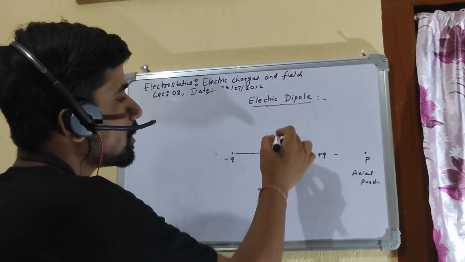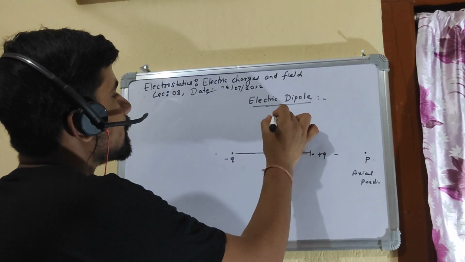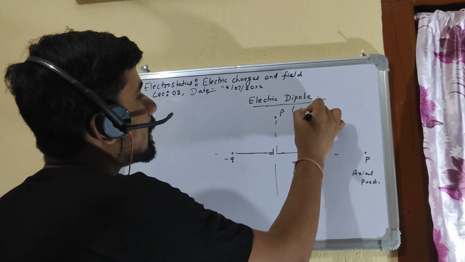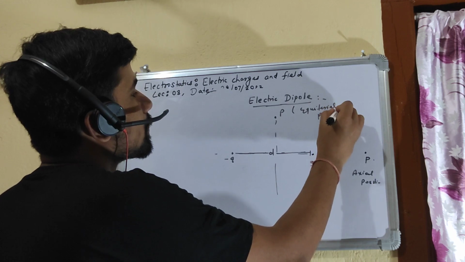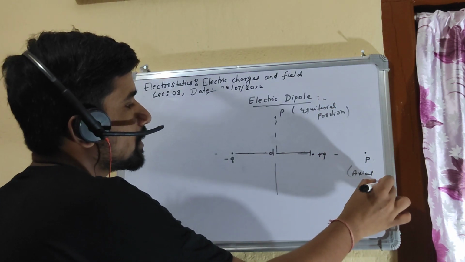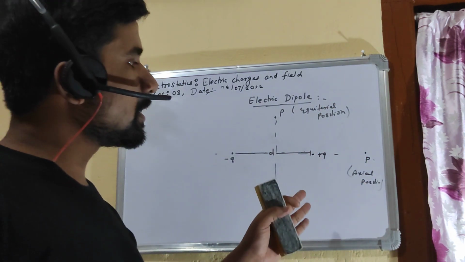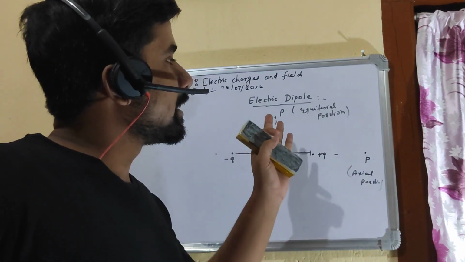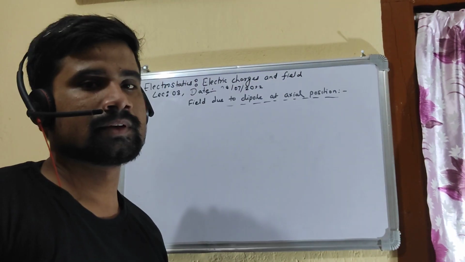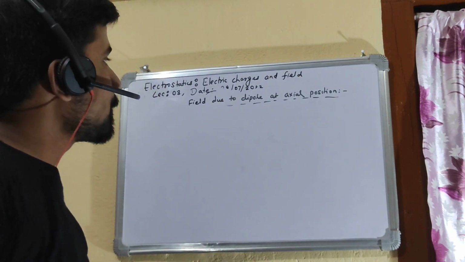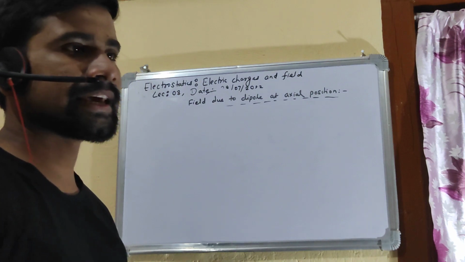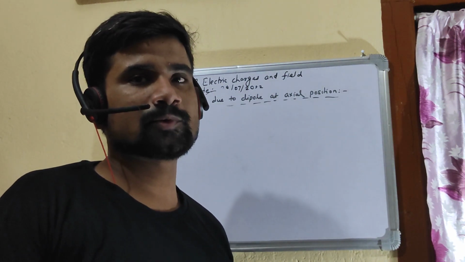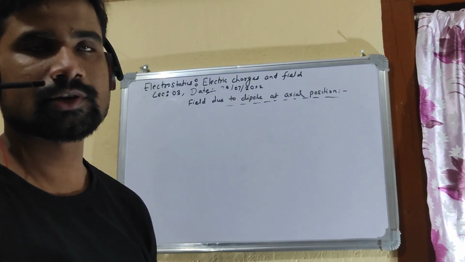And if we place a point P orthogonal to this dipole, let's say P here, this we call the equatorial position, right? And this is the axial position. So we will be calculating the electric field at the axial position as well as the equatorial position. So now the topic is field due to a dipole along its axial position. So we'll calculate the field due to the dipole at the axial position, and then we'll also calculate the field at the equatorial